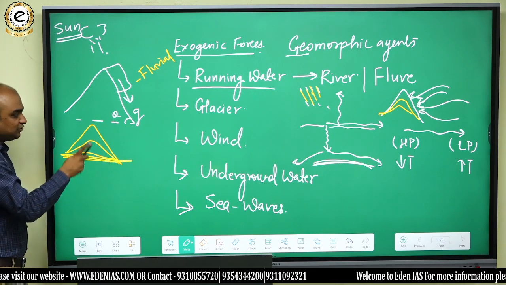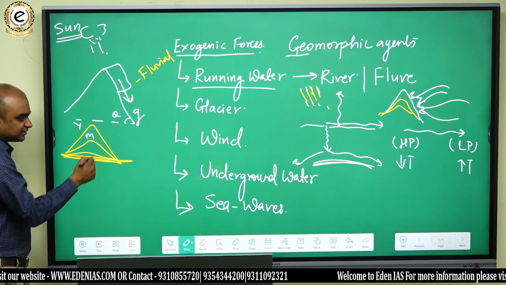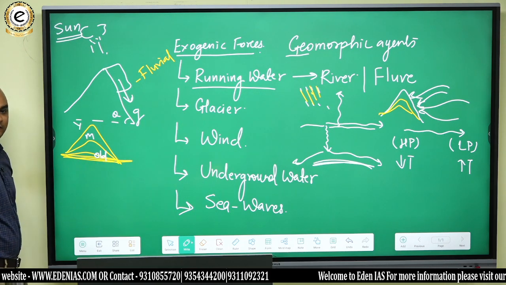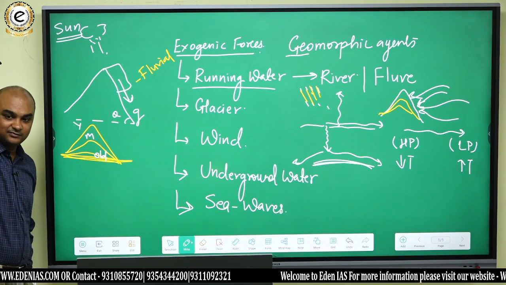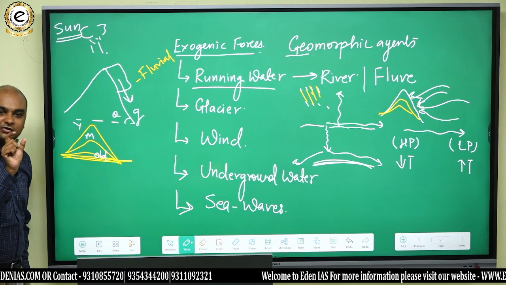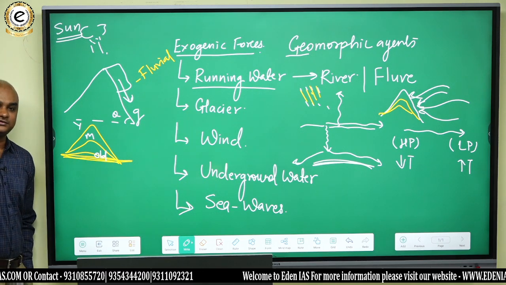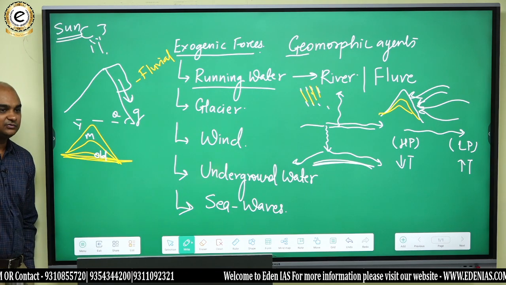Do you get that? So you have young stage, you have mature stage, you have old stage of a landform. So जो young landforms होंगे, they would be very high. So Himalayas, अगर आपने कभी सुना होगा, many books would call them young fold mountains. Do you get that? Because they're very high now.